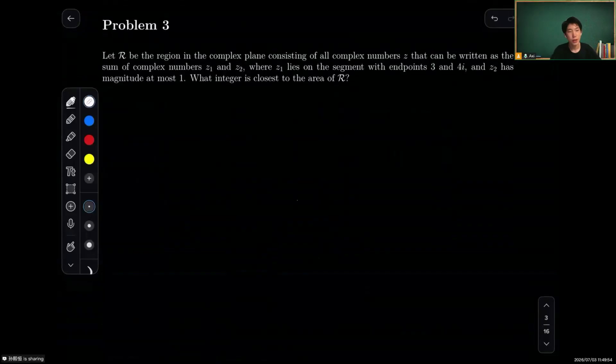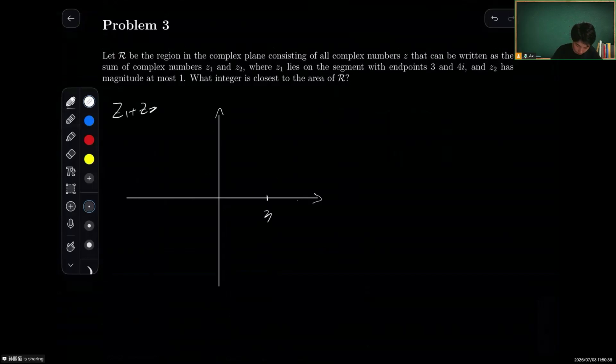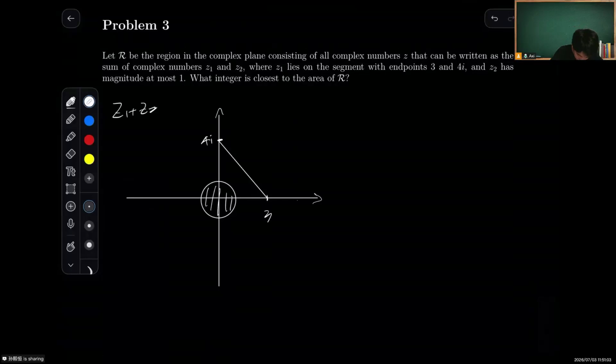To begin with, problem 3, difficulty 2. We are given a set of complex numbers such that they are the sum of two complex numbers z1 and z2. z1 is in the complex plane and lies on a segment. One side is 3, and up there it's 4. You can then connect them. This is the segment. And then we are also given z2. z2 is on the circle or inside the circle with radius 1 because the magnitude is at most 1. It is this region. And then, now you're asked, what is the area of R, which is the sum of